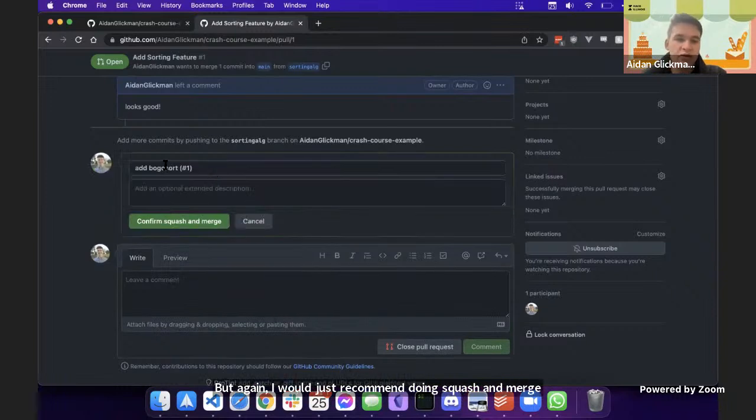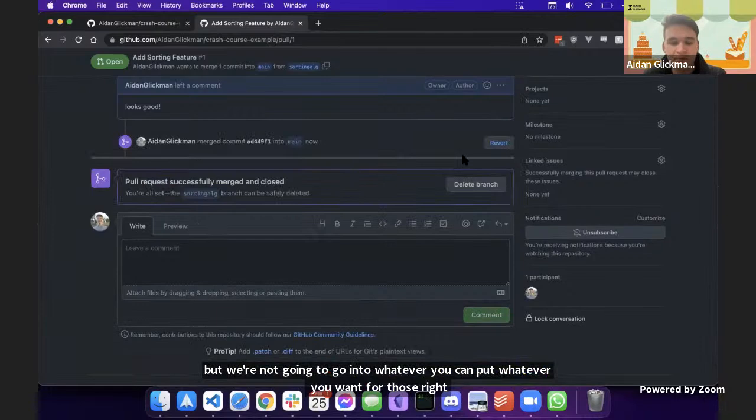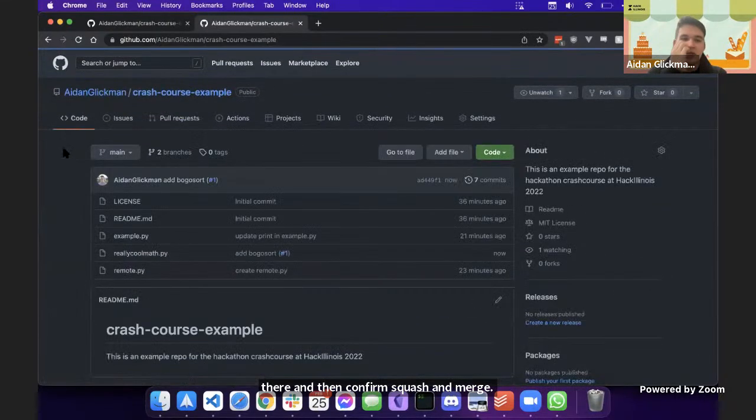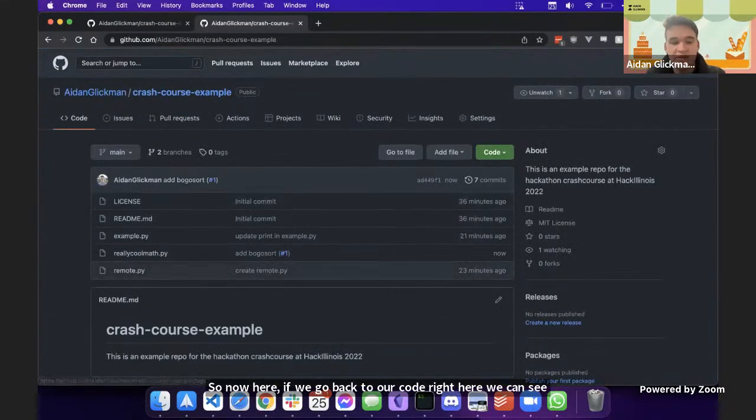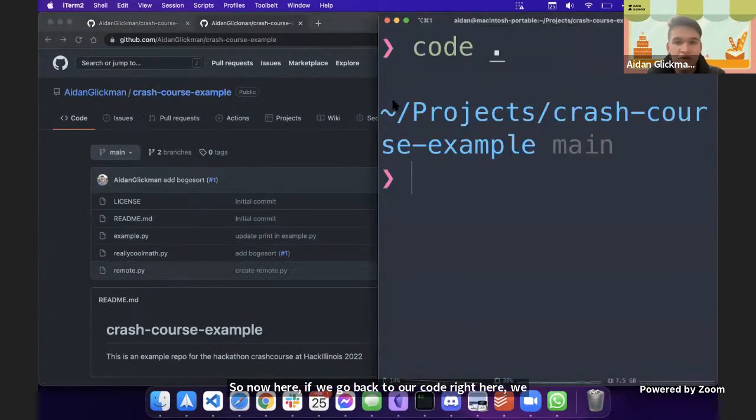So if we go ahead and do that, then we can add another title and description for it here, but we're not going to go into that. You can put whatever you want for those right there and then confirm squash and merge. So now here, if we go back to our code right here, we can see that it has been implemented into main. And if we go back to our local version of the repository,